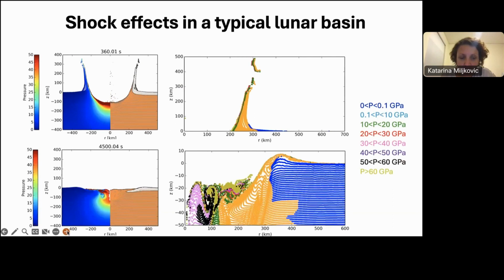So if we were to stop that and just look at some snapshots, in the early ejecta, basically just before the crust overturns and starts collapsing into the basin, we can pause the simulation and look at what might be the breakdown of alteration in that ejecta curtain. And we see that the majority of the ejecta here is